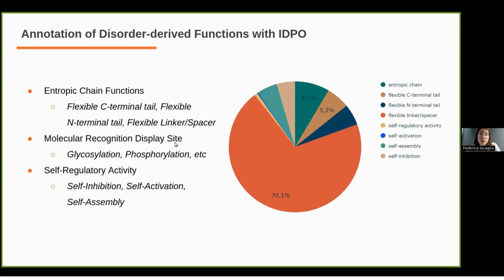When we have molecular recognition display sites, easily these are PTMs, post-translational modifications, that are found inside intrinsically disordered regions. Might be a glycosylated residue, phosphorylated, and so on. Then we have self-regulatory activity, meaning the binding of the intrinsically disordered region with another part of the protein to perform self-inhibition, self-activation, self-assembly. So this region is going to regulate